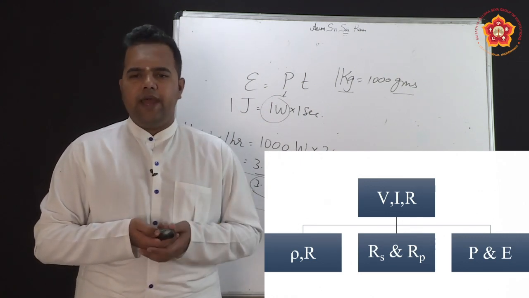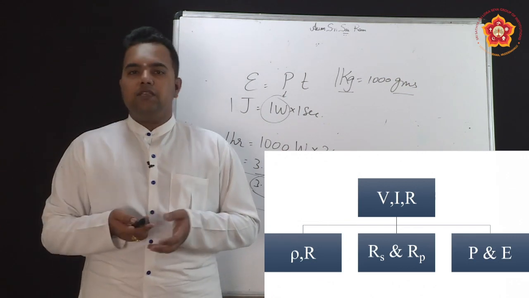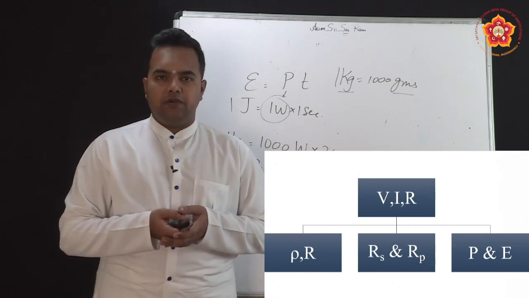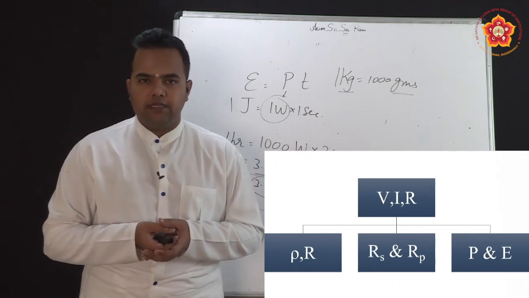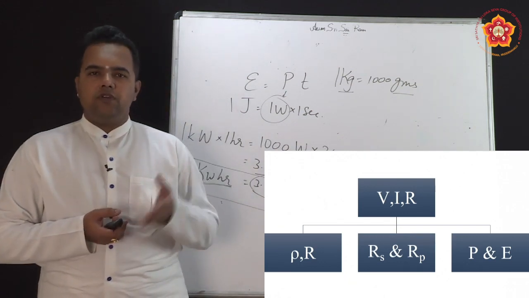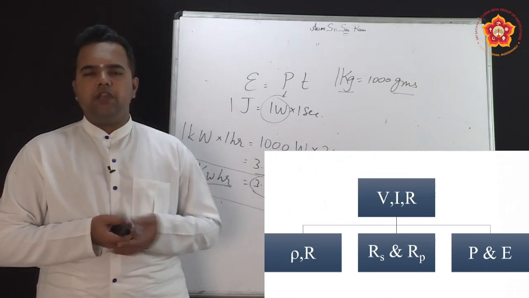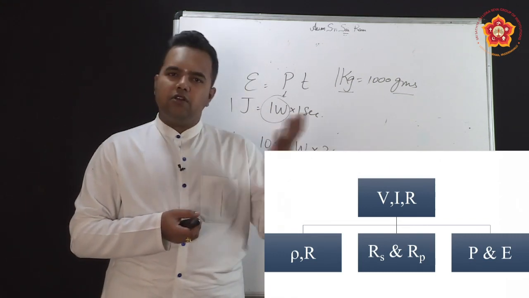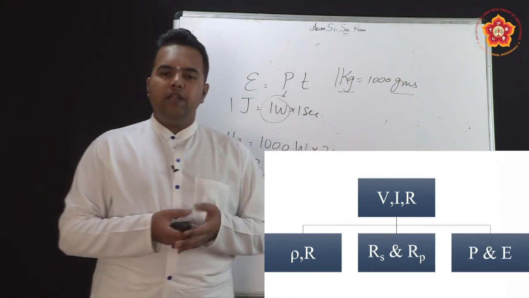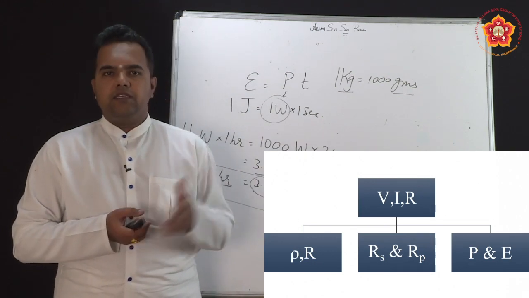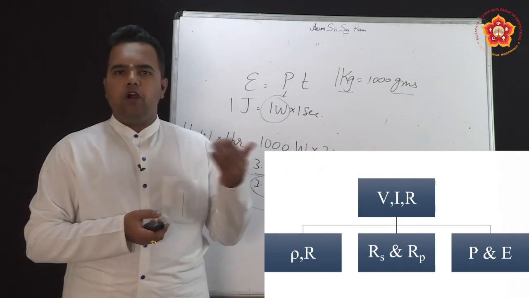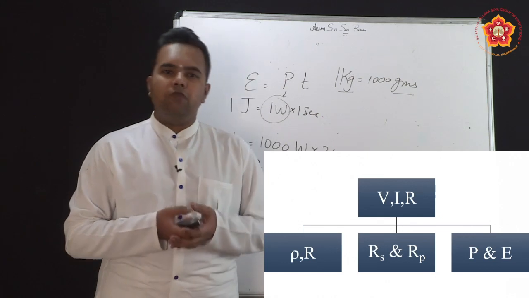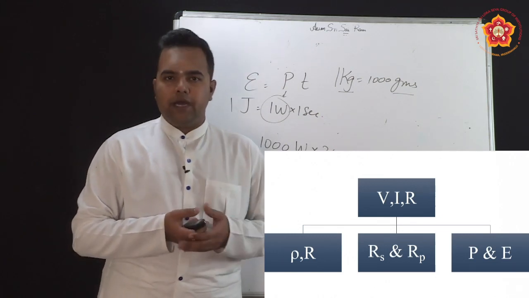Then suppose there are a series of resistors, which means a series of components, that is the load we talk of. Resistor or load, in circuit connection we call it a load. So a fan is a resistor and it is also called a load. When these resistors are connected in series, what will happen? Suppose they are connected in parallel, what will happen? How will the individual parameters change?